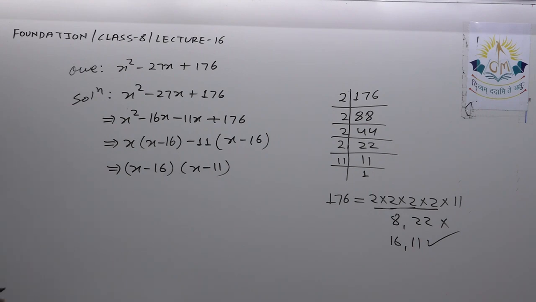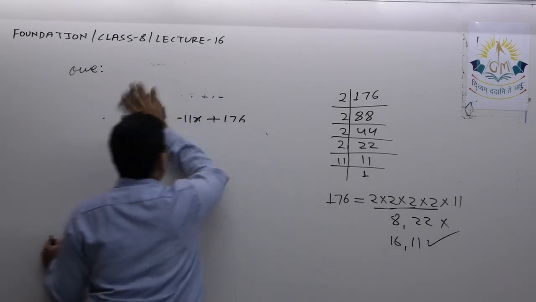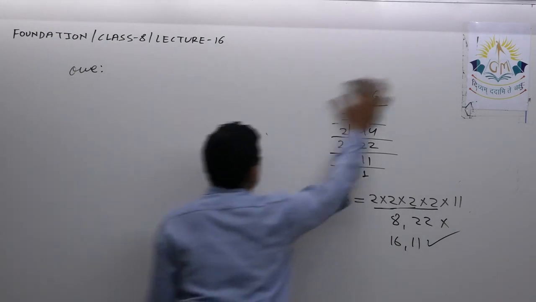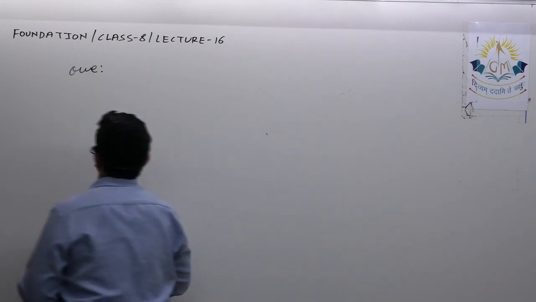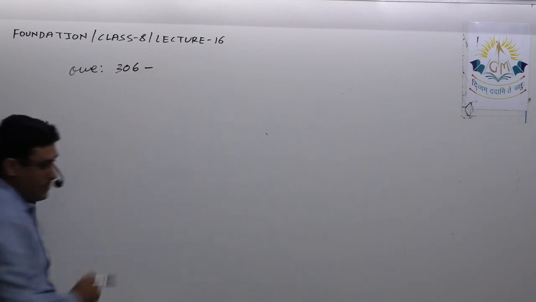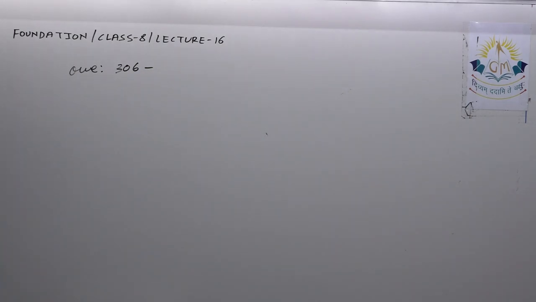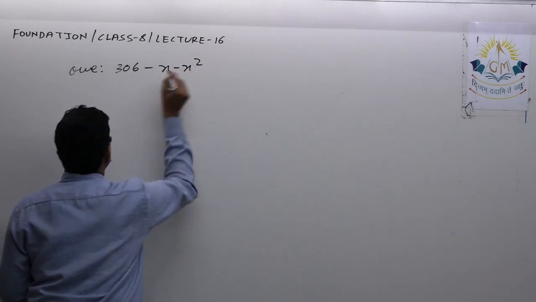Okay, next, let me see, the next question is 306. Okay, let me check the question. Minus x minus x square, minus x minus x square. So